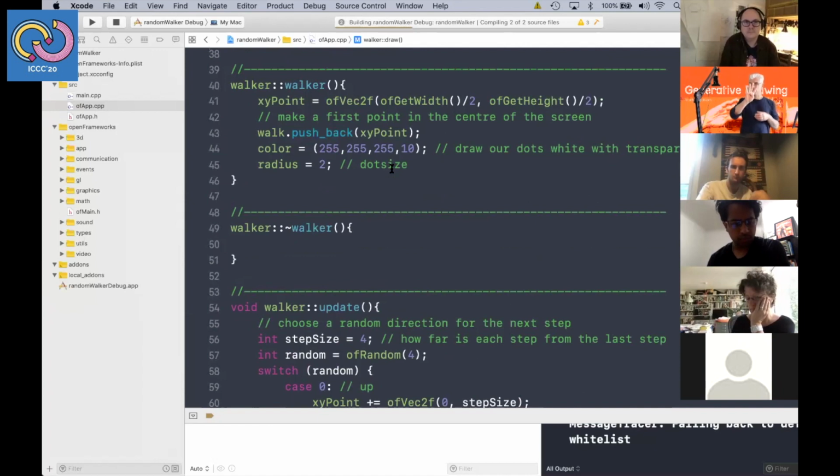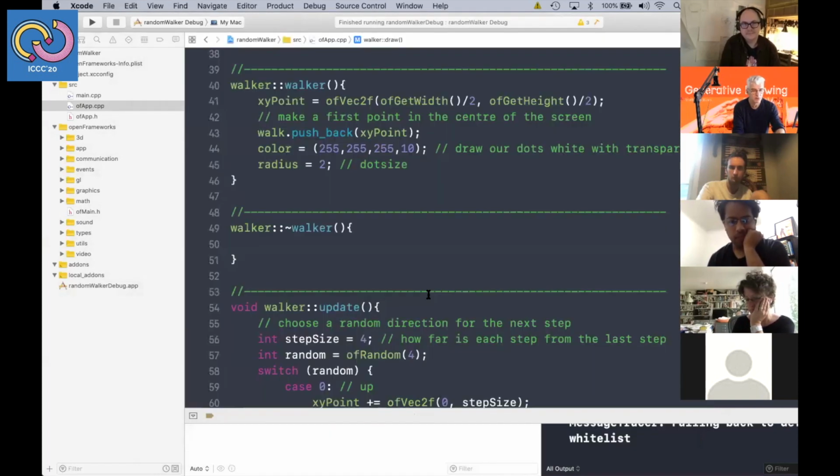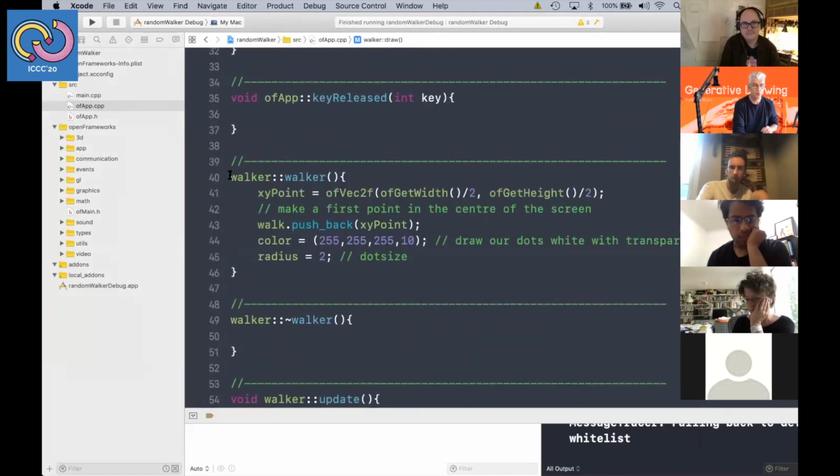So I have 4 possibilities of equal probability: up, down, left, or right. And I'm just generating more and more points in my list and drawing them to screen continually. And if you can see on the screen, it's slowly building up this cloud. And what I said was, because the walker will keep going back over itself, make the dots semi-transparent. So the more it walks over itself, the paler and paler that point will become. So actually, I'm starting to build up this noise cloud of where the walker has moved around. If I go back and in my walker,